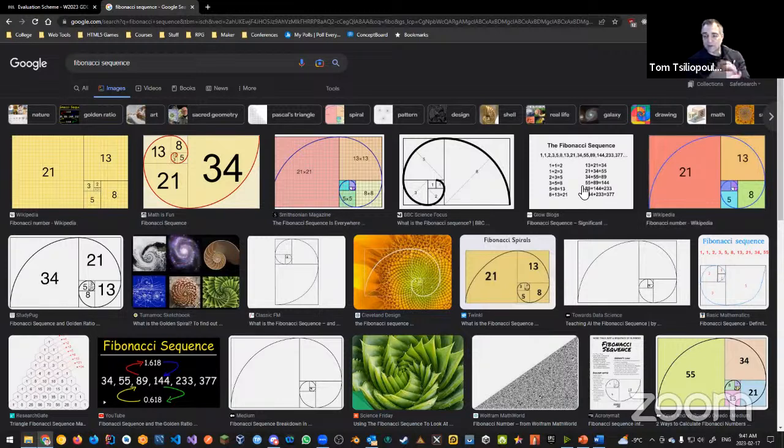But the question would be something like, give me the 23rd number in the Fibonacci sequence. How do I get that? I need to do a recursive list of numbers. You can do it with a while loop as well, right? But you want to find the next number, the next number, the next number based on the number